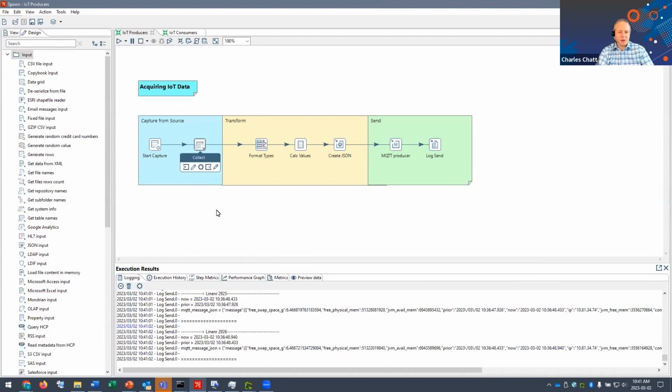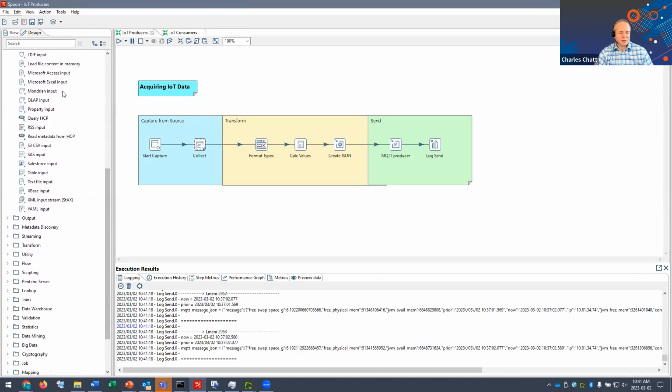And in this case, I'm simply reading from my own computer here, although it could be from OPC UA, it could be collecting from MQTT, it could be connecting to a whole host of protocols and sources.